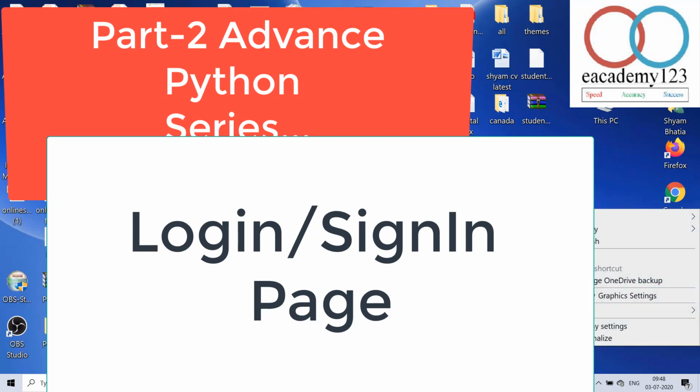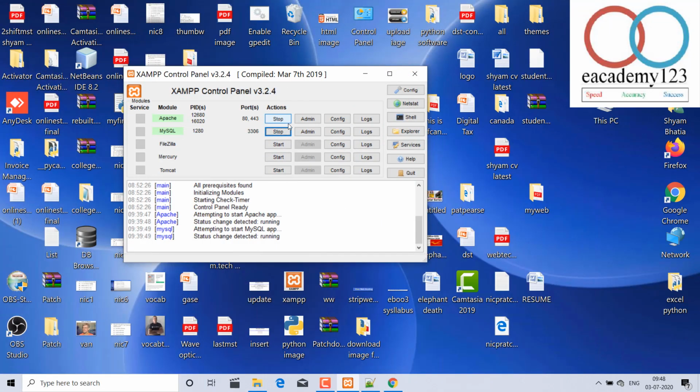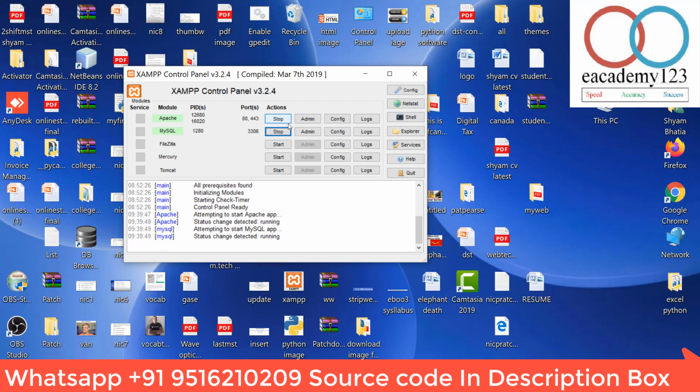Let's start. First of all, this is my XAMPP control panel which is already running. For how to set it up, just go to the I button above and watch the previous video. I have set all the requirements which we will need in your system. My system is updated, but you have to update some environment variables and make some edits in the XAMPP HTTPD, so that your system can run Python as a backend.